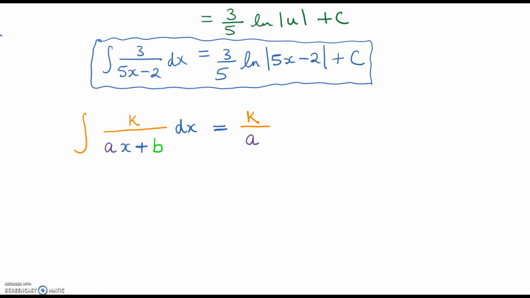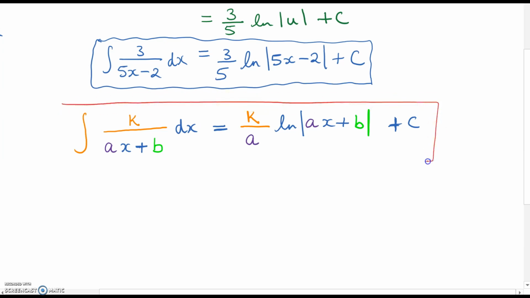Then we have the log, which is a pretty standard thing. The log of the absolute value. Now the expression that's in the absolute value here is exactly the same as what was on the bottom. So we're going to keep exactly the same as what was on the bottom: a times x plus the b. And then plus the c, the constant of integration. And here's our new rule. This is a new rule